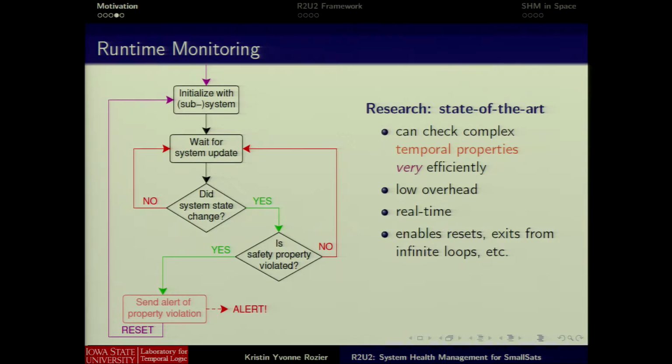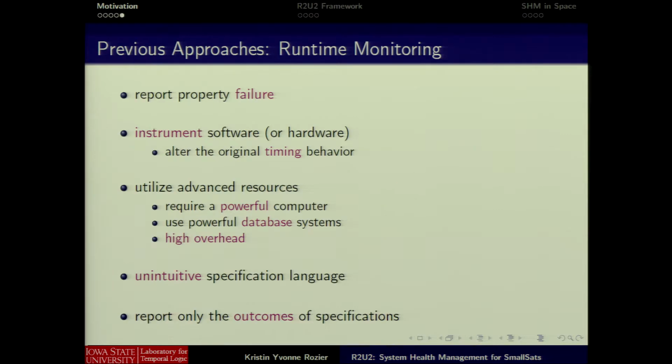But there is something that we need to watch very carefully when we try to do this type of thing on a spacecraft, and that is that it requires instrumentation in order to send the state variables from the software to the monitor. And one of the reasons that we need to be careful about this is because some monitors report only property failure, yet we have noticed that in the case of spacecraft and in trying to reason about our own system health, it is equally important to report when properties pass, when you are satisfying, flying colors, all of your safety requirements.